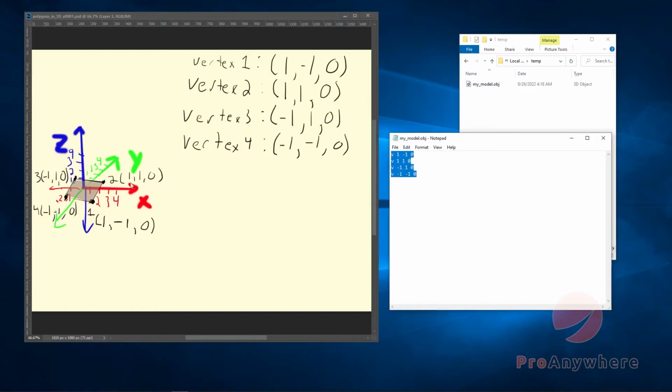which is fine. Now, remember the order in which I put these in matters, because this vertex is vertex 1. I know because the first one here is not numbered, but that's how the software will know. The order in which they appear is the vertex ID. So that's vertex 1, 2, 3, 4. I put them in a certain order, so it's going vertex 1, vertex 2, vertex 3, vertex 4, in a counterclockwise